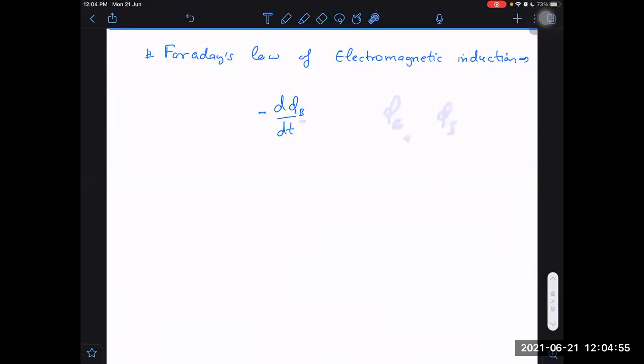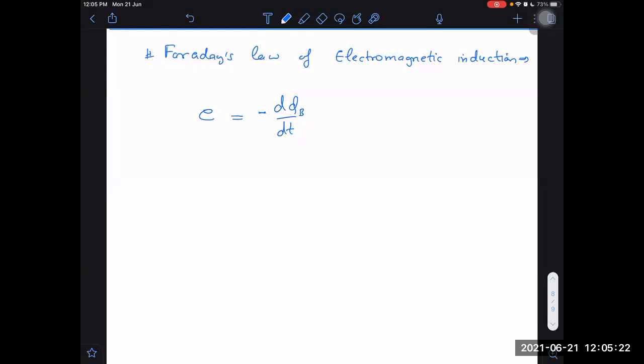But in our present chapter, mostly we are dealing with which flux? Magnetic flux only. So I am denoting it by phi. But in the same chapter, when I will be taking maybe electrostatics, then I will be denoting phi as electric flux. In some places there will be situations when both fluxes are in the same place. Then I will represent magnetic flux by phi b and electric flux by phi e. Right now I will not differentiate much. I will be writing invariably sometimes phi only, sometimes phi b.